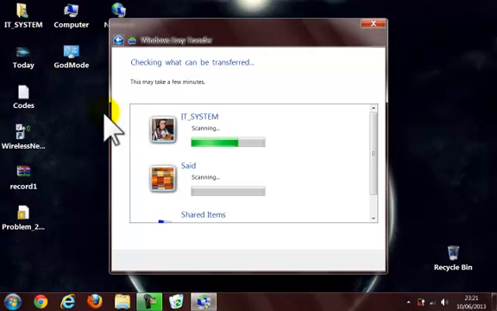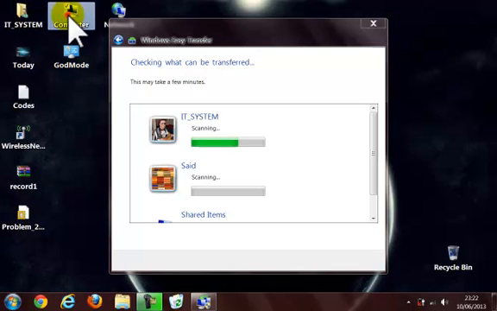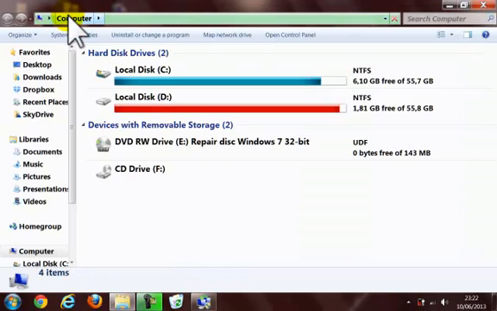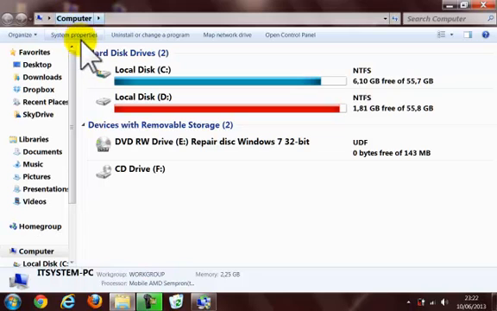I will talk about something I needed to talk about in the previous video, but I forgot. How to make Windows Explorer have smart navigation. So I will go to my computer. Sorry about that. And while we are waiting for the transfer to finish, I will show you that in the old operating systems, Windows Vista and Windows XP, when you open the hard drive